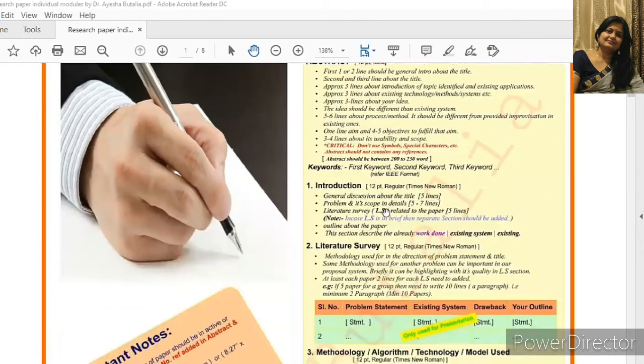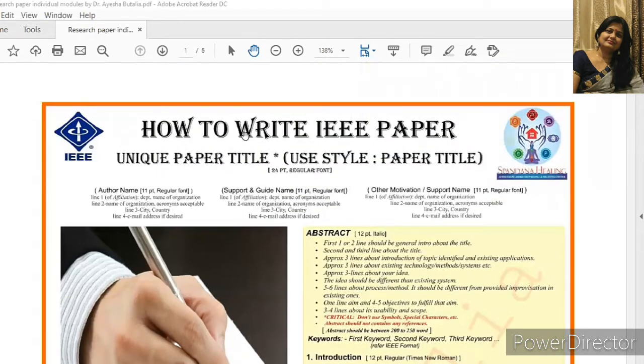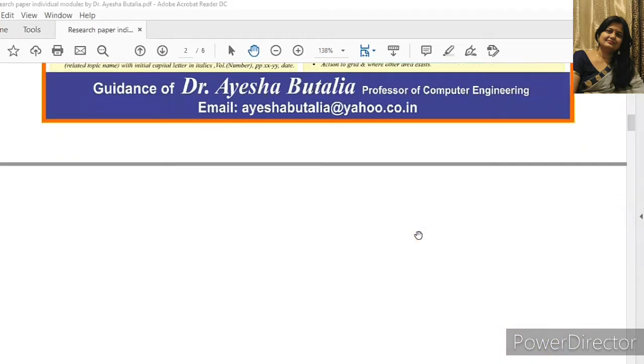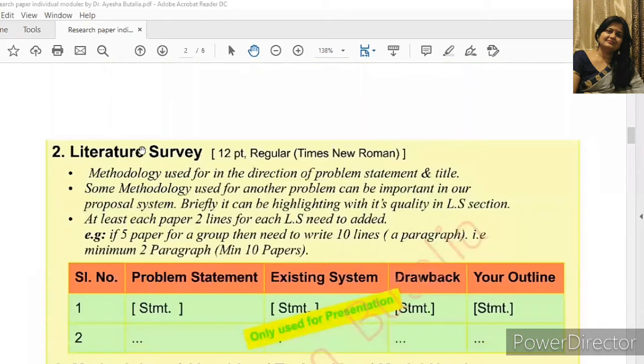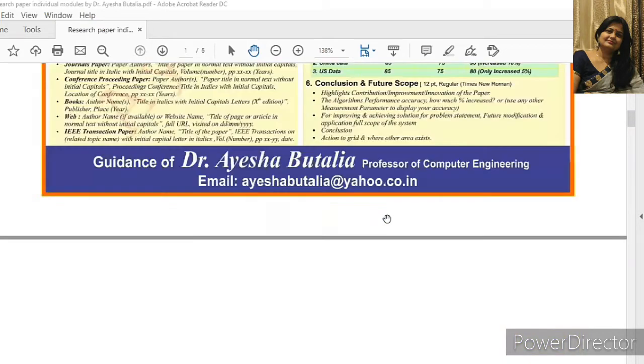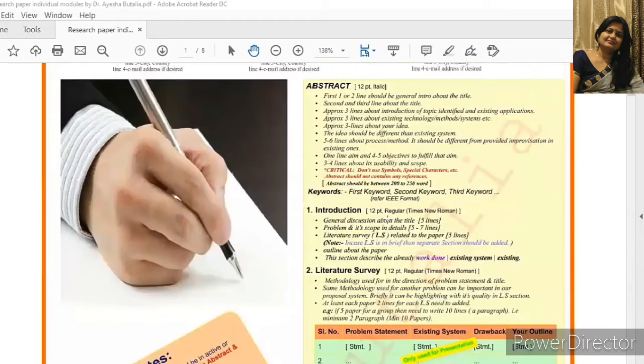Our topic today is how to write the literature survey section in an IEEE paper. As discussed in our earlier presentation, the literature survey can be the second part of your introduction. If you can see over here, there is an LS, this is literature survey. So you can add some portion in the introduction section.